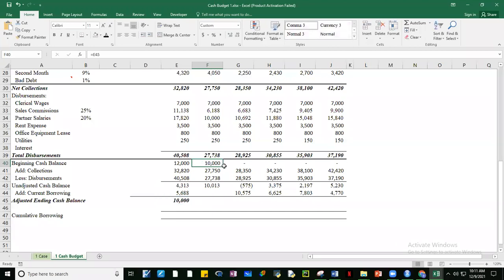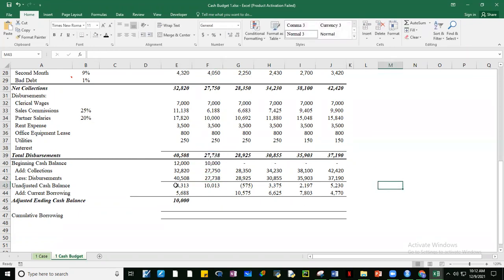So kinopya lang natin yung formula ng pakanan, no? Kasi kukunin lang naman niya yung mga ending cash balance ng previous month. Itong collections natin, galing lang dito yan. Okay? And then kinopya natin to the right. We're just getting these values. Yung disbursements natin, we're just getting these values. Okay?